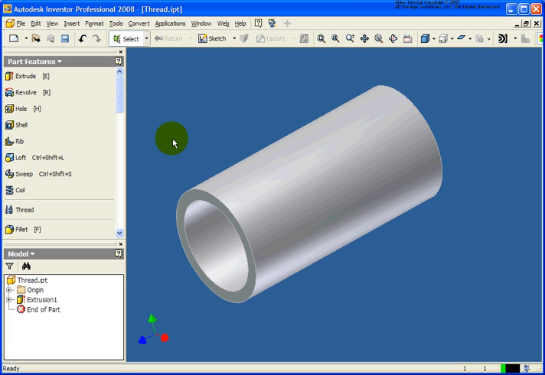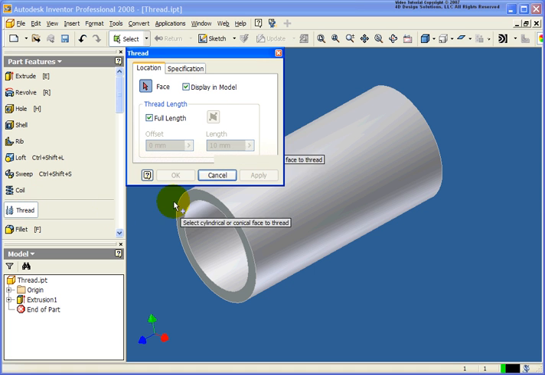In this lesson, we're going to cover how to create thread features inside of Autodesk Inventor. The file that I have open is called thread.ipt, which is also saved in the Chapter 4 exercise folder. So let's start off from the Part Features panel. I'm going to go ahead and click on the Thread tool. And you'll notice the model that I have